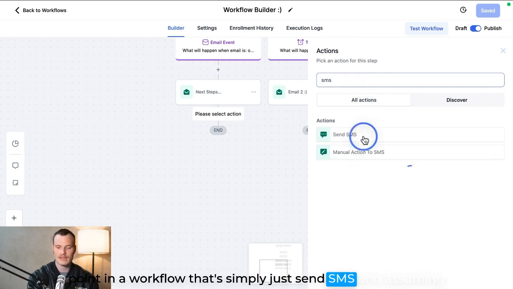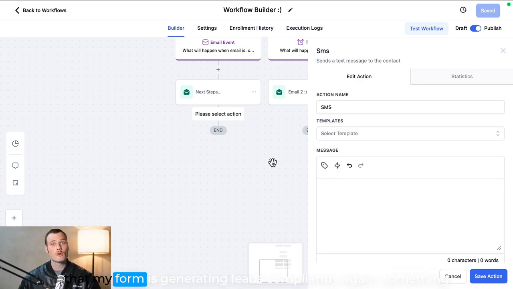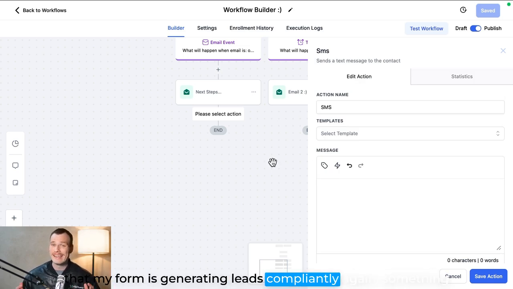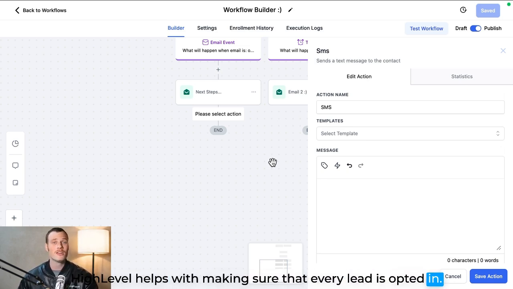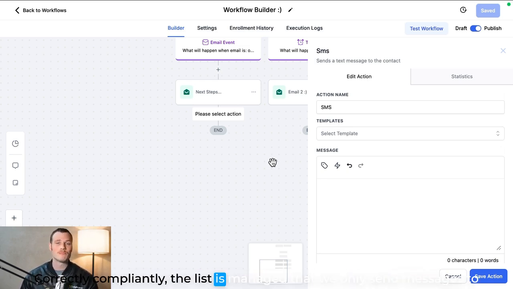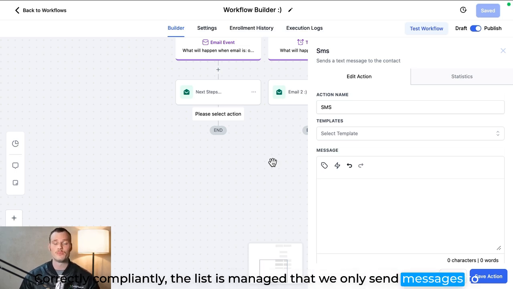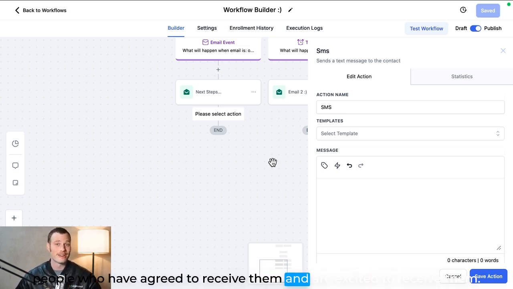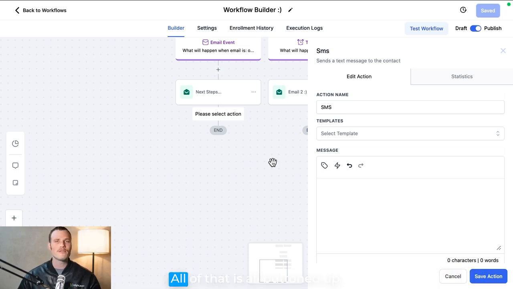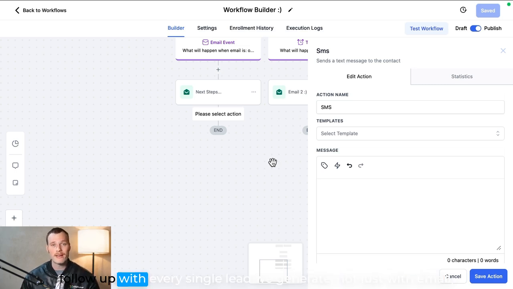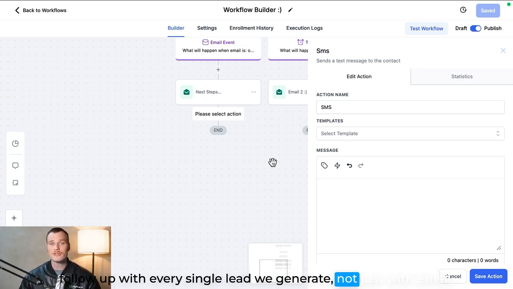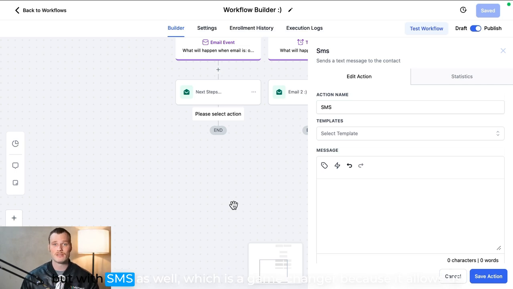And assuming that my form is generating leads compliantly, again, something HighLevel helps with, making sure that every lead is opted in correctly, compliantly, the list is managed, that we only send messages to people who have agreed to receive them and are excited to receive them. All of that is all buttoned up so we can add SMS actions into our workflows, which allows us to follow up with every single lead we generate, not just with email, but with SMS as well,